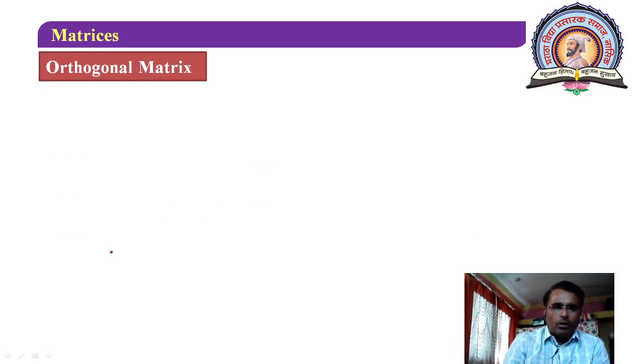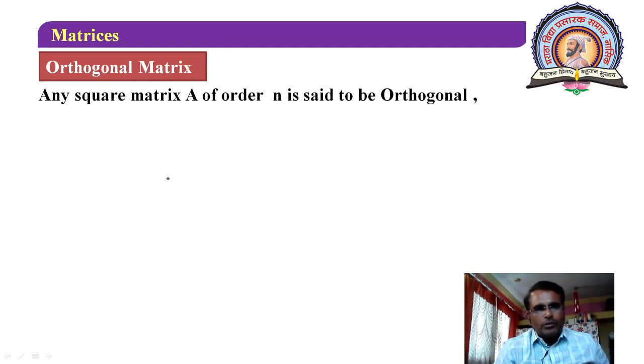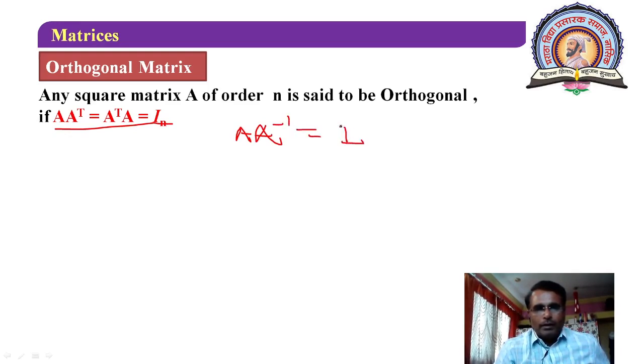Okay. Then orthogonal matrix. Now we are going to consider some more types which we have never seen until now in the syllabus of Maharashtra State Board. Orthogonal matrix means what? Any square matrix A of order n is said to be orthogonal if its transpose is equal to inverse. Here you will observe that A into A transpose is equal to I. Generally we consider A into A inverse is equal to I, and here you will observe that A inverse is replaced by A transpose, means the transpose is equal to inverse, then that is called an orthogonal matrix.